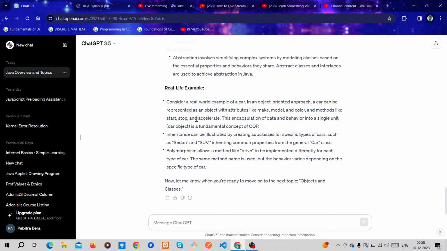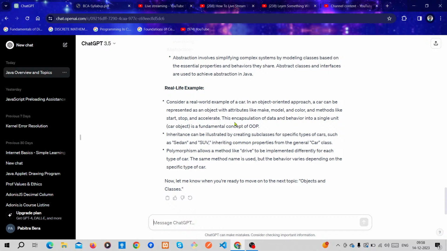A car can be represented as an object with attributes like make, model, and color, and methods like start, stop, and accelerate.